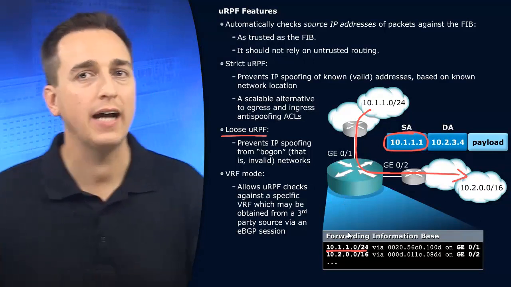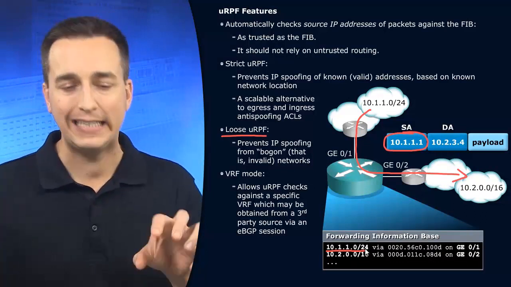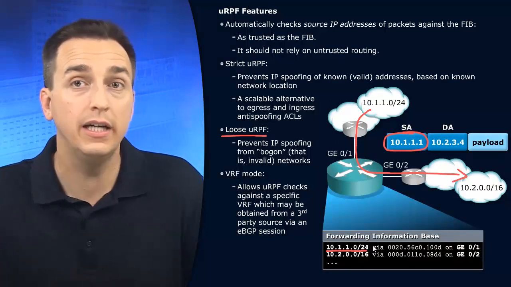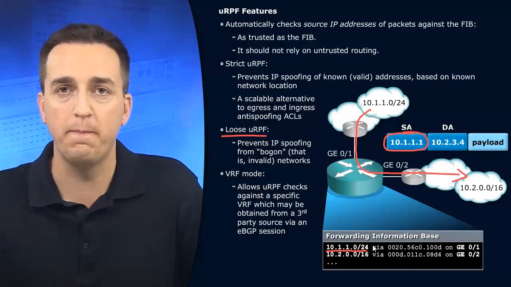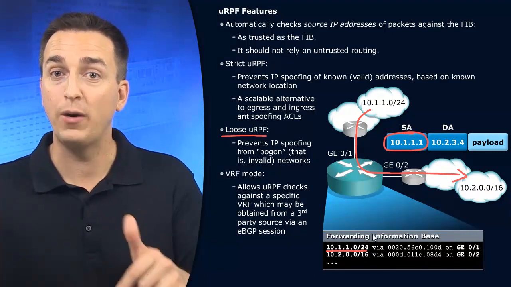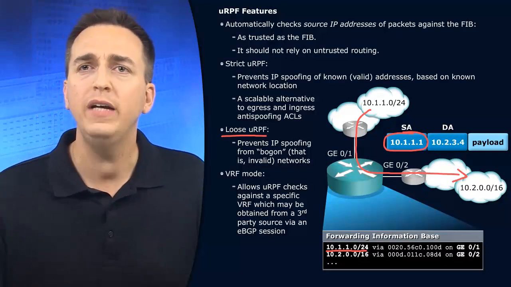So it doesn't check to see if the interface also matches. It just checks to make sure it has an entry for the network of that source IP address in the routing table. That's it. That's all. So strict is much more strict because it's verifying the network and the interface, whereas loose is just verifying the network. Now with VRF mode